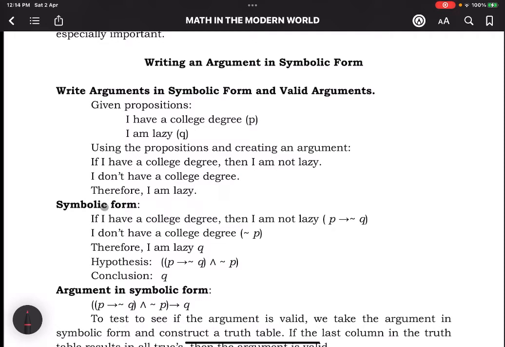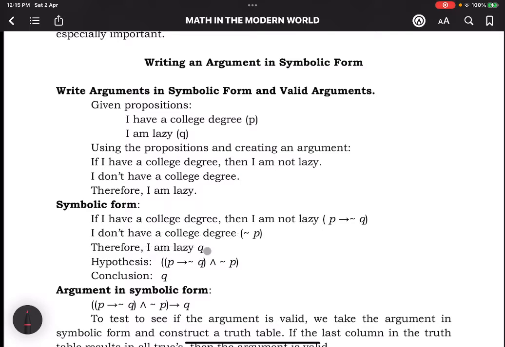no? Symbolic form, if I have a college degree, then I am not lazy. So, ang representation natin ito, if P, then not Q. I don't have a college degree is represented by not P. So, remember yung ating negation, ilalagyan natin ng negative, no? Yung statement is either don't or not, depende sa sentence. In this case, I don't have a college degree. Notice yung unang statement natin ay hindi negated, no? If I have a college degree. So, kapag not P na, ninegate na natin si P, meron na dapat siyang don't, no? So, I don't have a college degree.